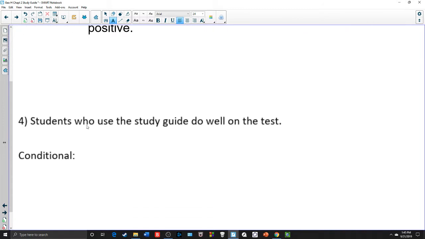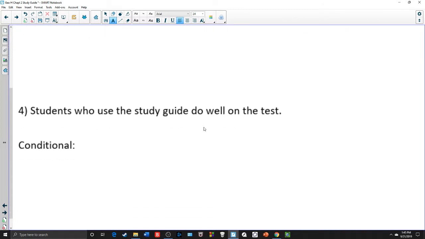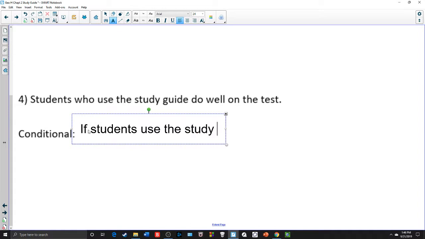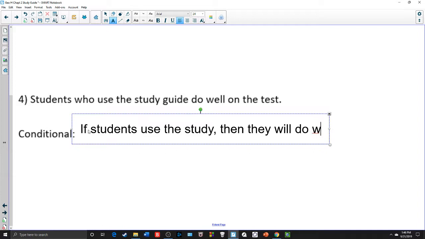Now on the next one, students who use the study guide do well on the tests. It doesn't have an "is" statement there. So you have to kind of think about cause and effect. So what's the cause here? Well, the cause is students use the study guide. What's the effect? They do well on the test. So my condition is: if cause, then effect. So if students use the study guide, that's the cause, then the effect is they will do well on the